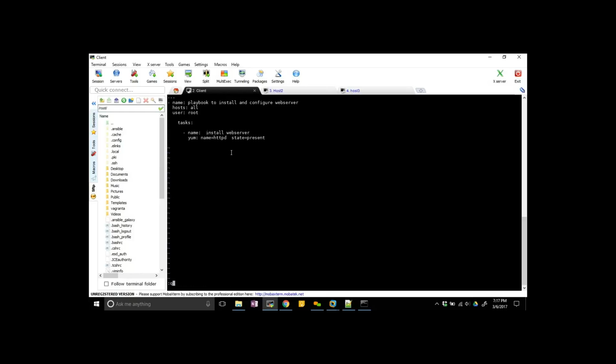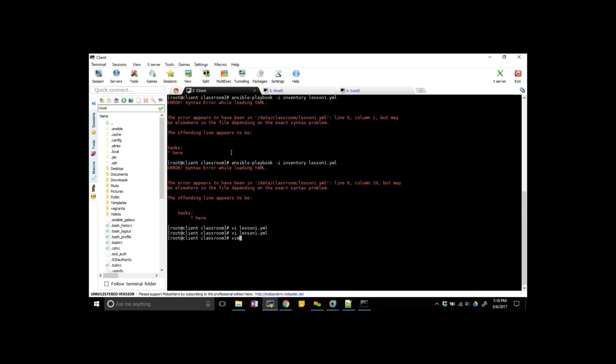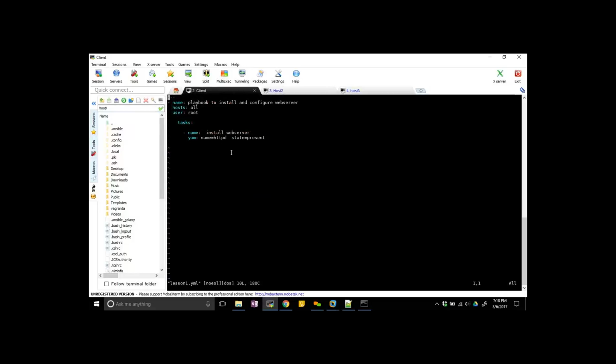But if you use Vim, which is the advanced version of the vi editor, it will display all the syntax errors here.